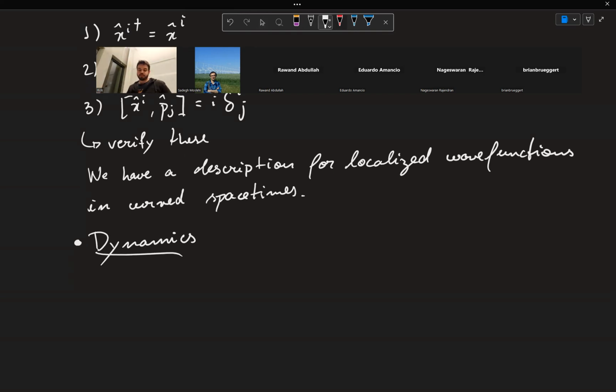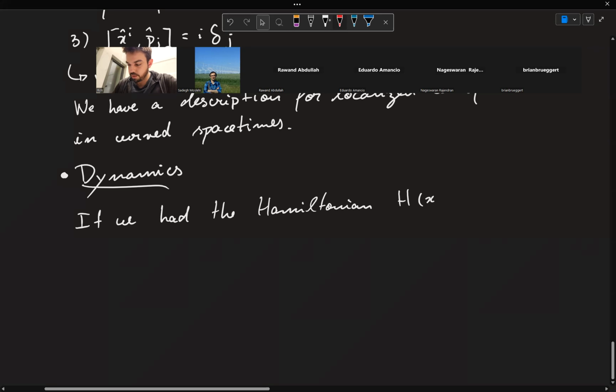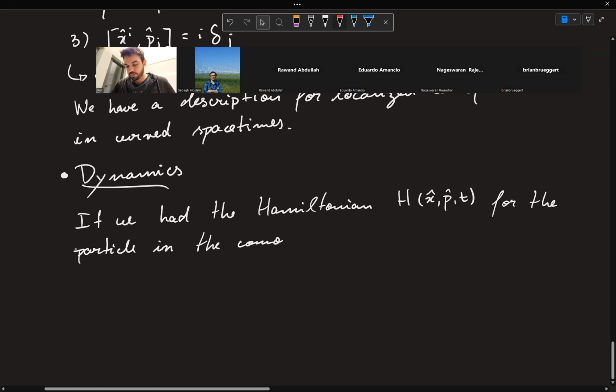I'm not going to give too much detail into the dynamics, but the idea is that if we had the Hamiltonian h of x, p, t for the particle in, say, flat spacetime, or in the moving frame moving with the potential, in Minkowski, in inertia, right? In Minkowski, then the idea is that